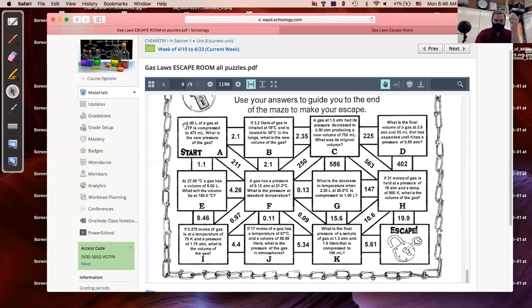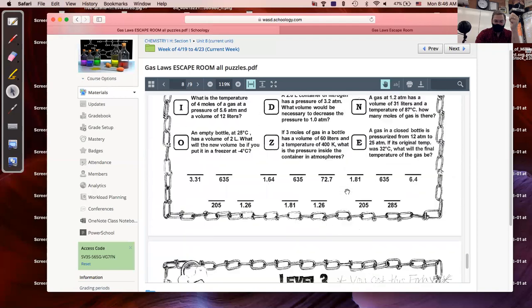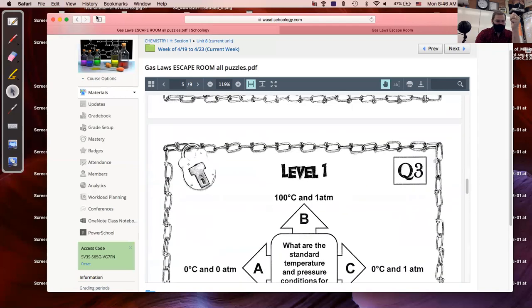Level 3, here when you do this problem, you may get a pressure of 2.1. So if you get this answer and it's 2.1, then you follow the path 2.1, it takes you to B. And then maybe you get the answer to this and you get 2.35, takes you to C. And maybe you do the answer to this and get 586, it goes to G. But you get from A to the escape somehow through a path on this. And whatever letter path you end up taking, that letter path is what goes in